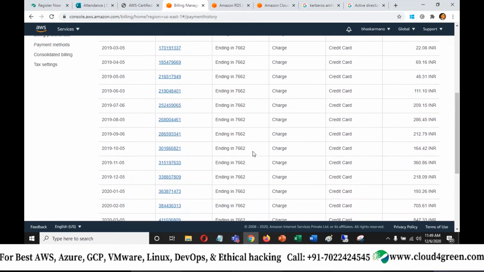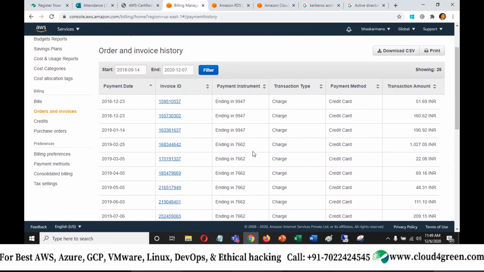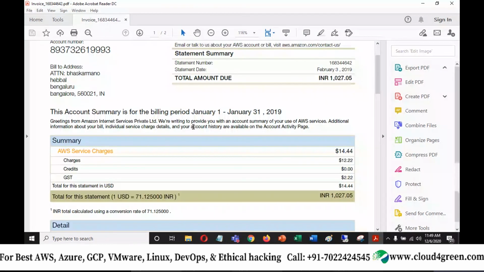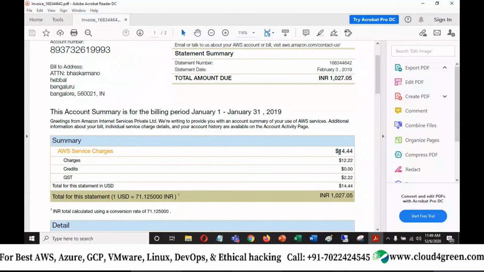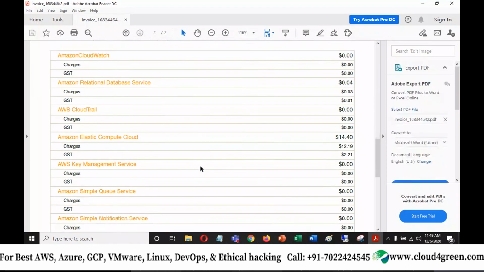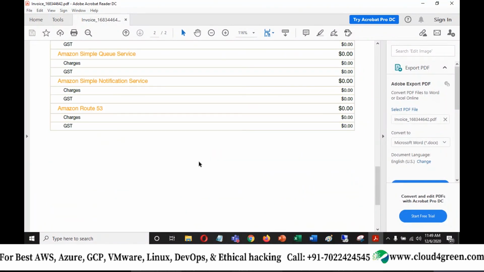And my highest billing month is 1027 rupees, in the month of February 2019. Okay, let's see what that is all about, like which services. So this is a PDF format. Okay, and here it is like $14.5. When I scroll down here, it will show you